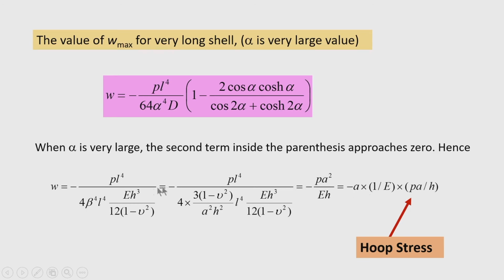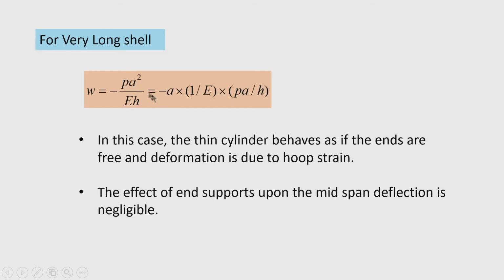So, you can see that the W we get here for a very long shell is nothing but the membrane solution P s square by E h. So, for a very long shell we now conclude that W is equal to minus P s square by E h,